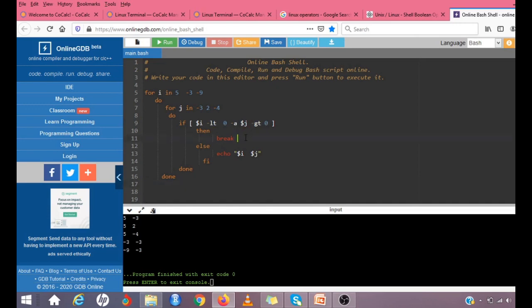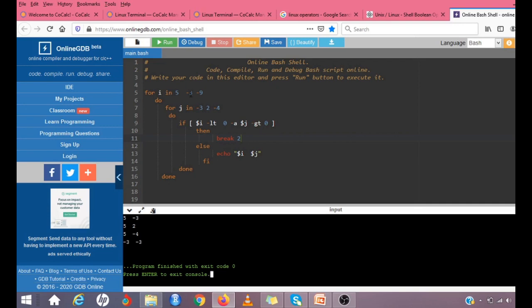What will happen when I give a break 2 here? So 5 minus 3 is printed, 5 2, 5 minus 4. The condition is not satisfied for these values. Now i takes the value minus 3, and j takes the value minus 3. Now also the condition is not satisfied, so this is printed and then it continues with the next value of j. j takes the value 2.